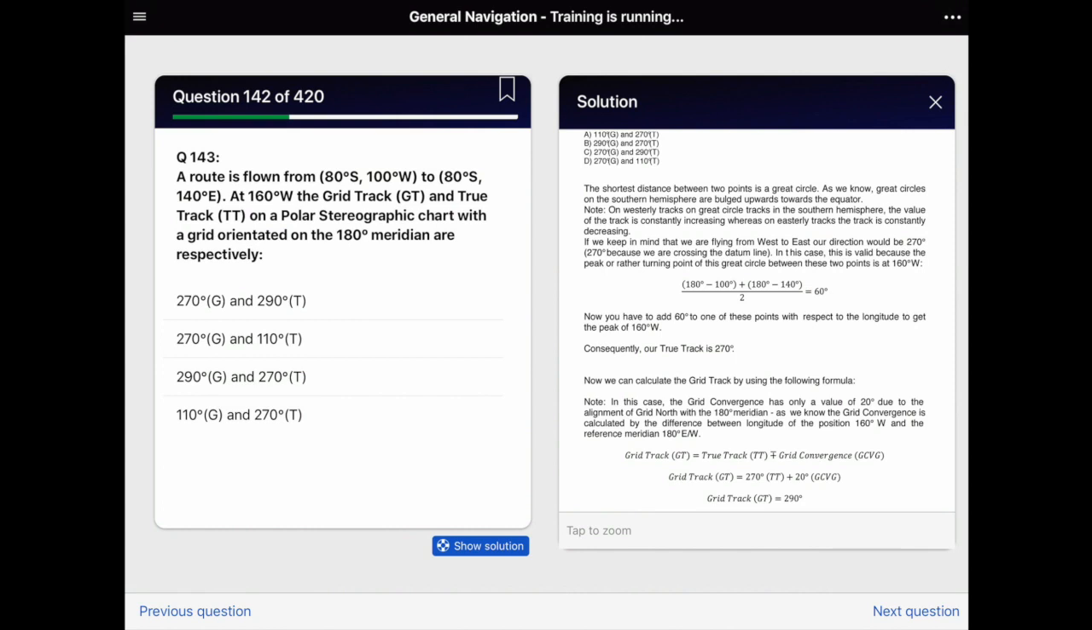And especially in the southern hemisphere, the great circles are convex to the equator, which means they are bulged upwards towards the equator. Also, on westerly great circle tracks in the southern hemisphere, the value of the track is constantly increasing, whereas on easterly tracks in the southern hemisphere, the track is constantly decreasing. So